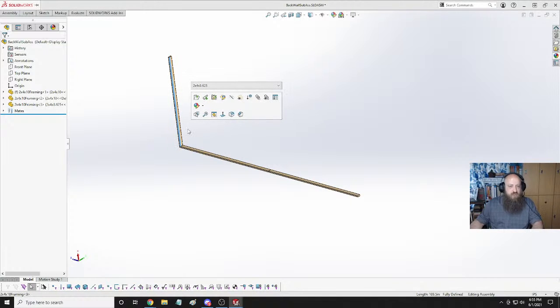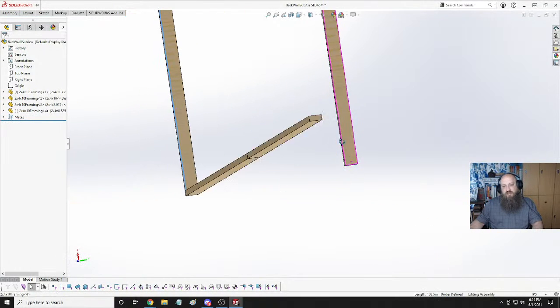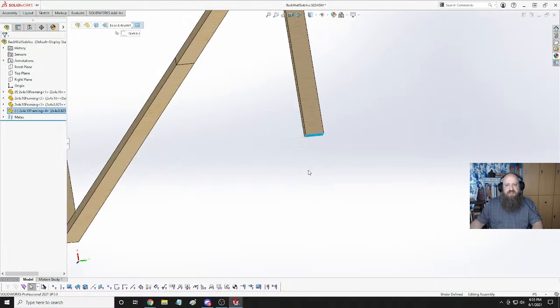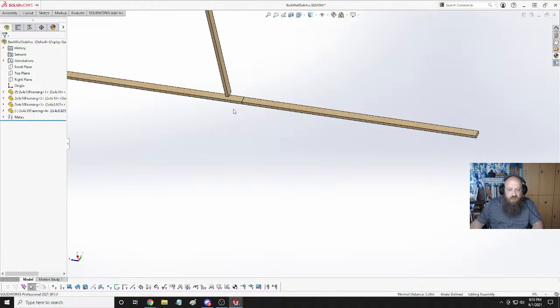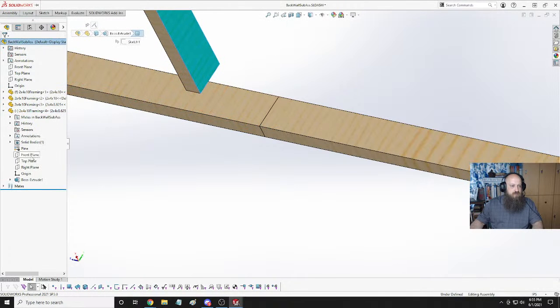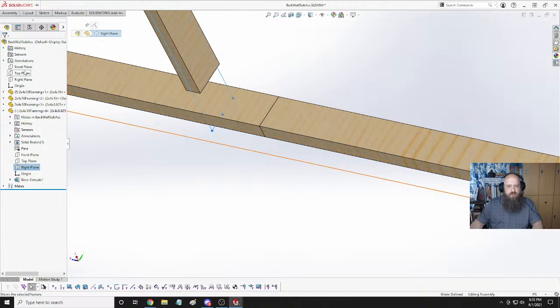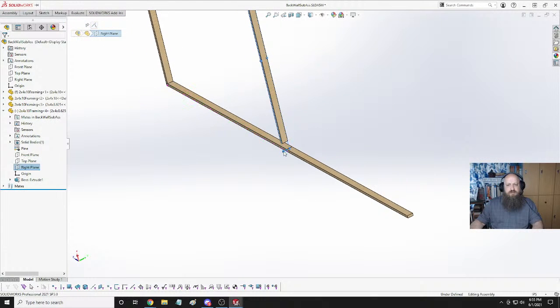And I can, helps if I hit the right button. Copy that again. Now, what I don't really want to do is, I know this kind of makes a little bit more work for me, but I'm not going to try and split that and put the center of this. Well, I guess I could. We'll do it anyway. Alright, so we're going to select the midpoint. And actually, no, it'd be better if I did. There we go. The right plane. What the hell? I actually want it to mate to...